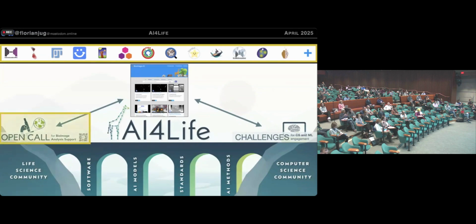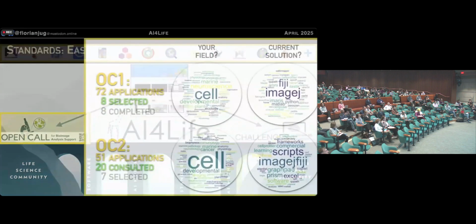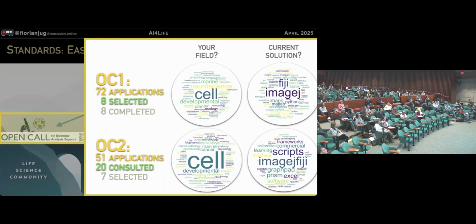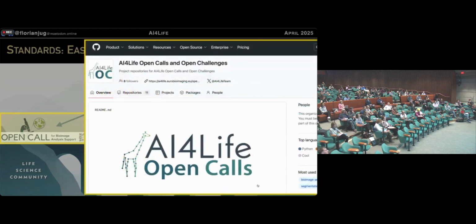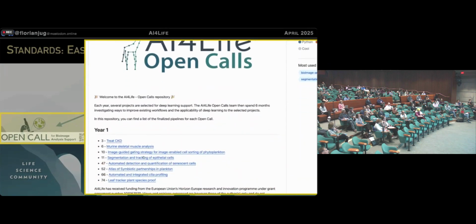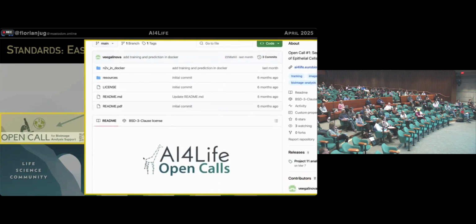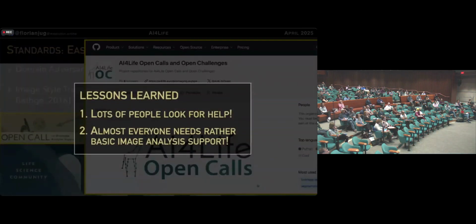But I would like to focus on one other aspect of this relatively large project, and that is open calls. For 3 years we had open calls. This is a bit of an outdated slide, covering only the first 2 iterations, where a total of around 160 people applied to get support to solve a problem where they think deep learning should make things easier. I will not go into all the details. We select the projects where we also think this might be likely, and at the end write up what we did together with these life scientists. But the big lesson learned is that many people want help, and at the end, almost everybody needs rather basic image analysis support,